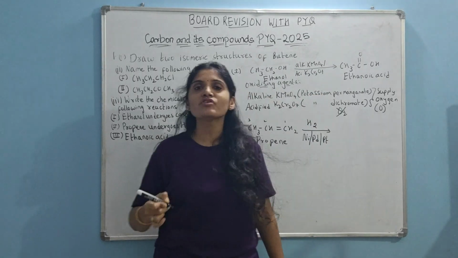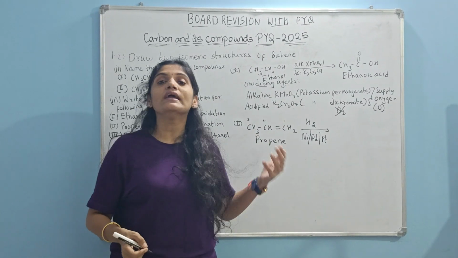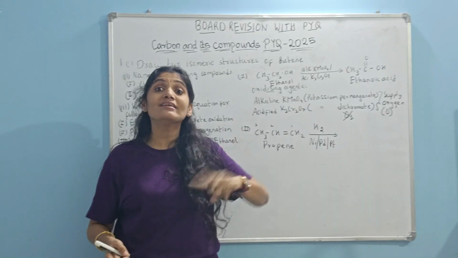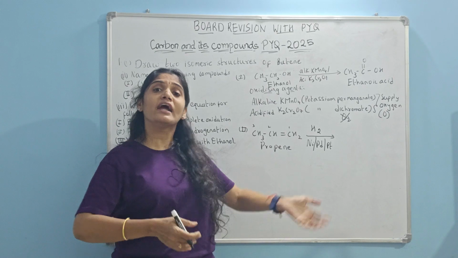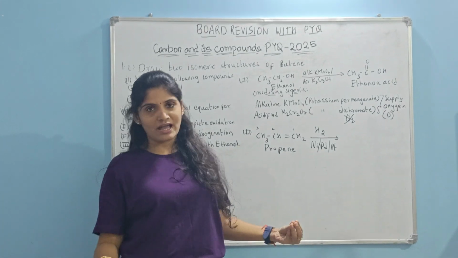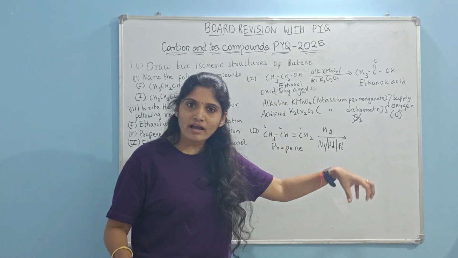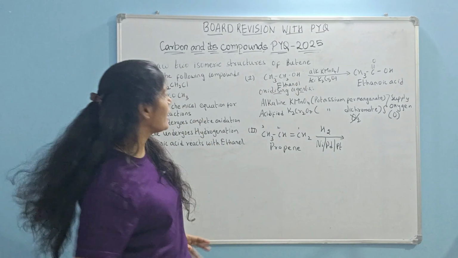What is the role of a catalyst in a chemical reaction? A catalyst will increase the rate of the reaction without itself getting consumed in the reaction. After the reaction is done, I can get back my catalyst. It is not consumed in the reaction. Its role is to speed up the reaction, and you can collect it back at the end.